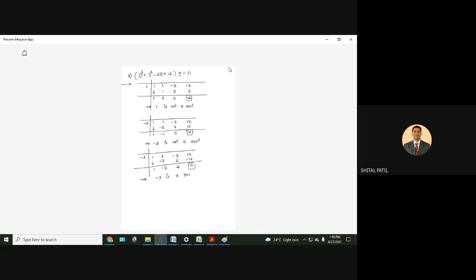Now question may be how we understand that minus 3 is a root or not. Depends upon practice. Else what you have to do, you have to start with 1, minus 1, 2, minus 2, 3, minus 3, 4, minus 4, 6, minus 6 like this. Okay. Now we have a quadratic equation, D square minus 2D plus 4 equal to 0. Try to find the factors. And you will find that it is not possible to find the real factors. And therefore, we have to use the usual method of finding the roots. Let me use that.